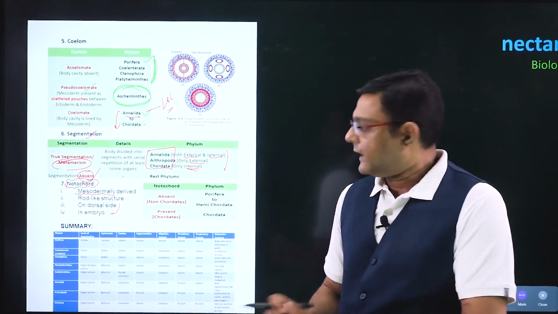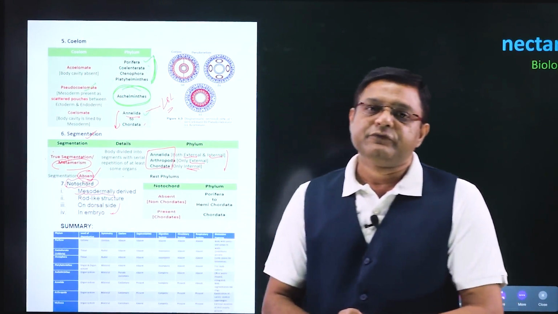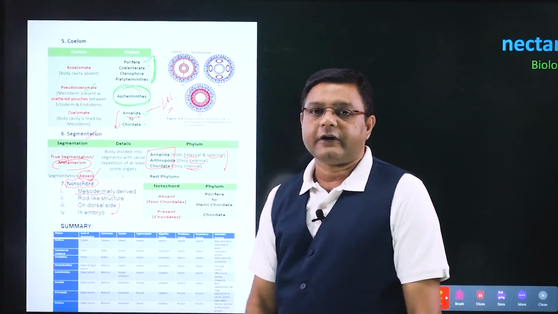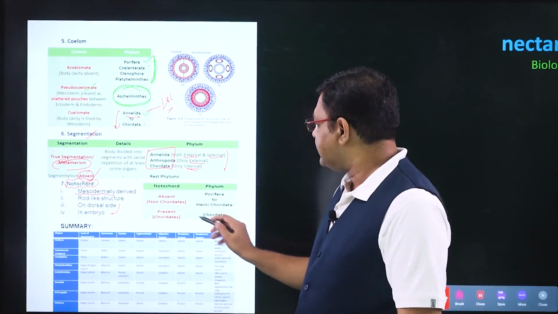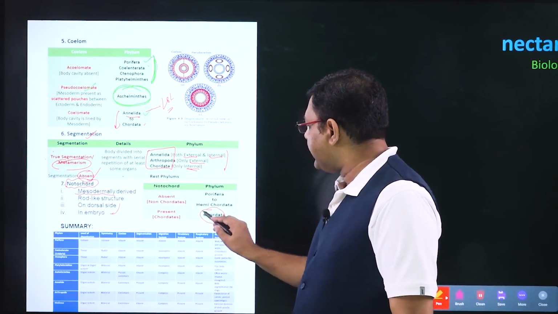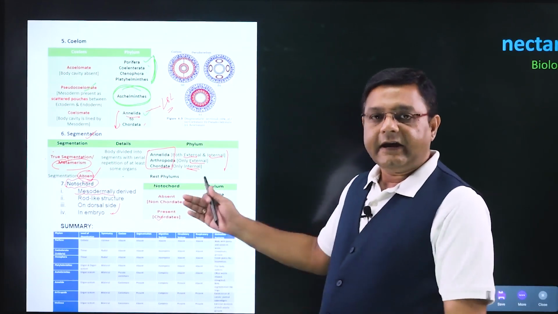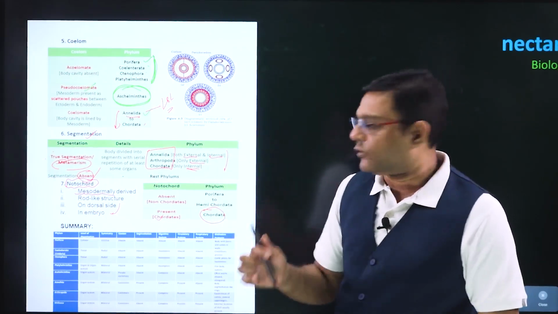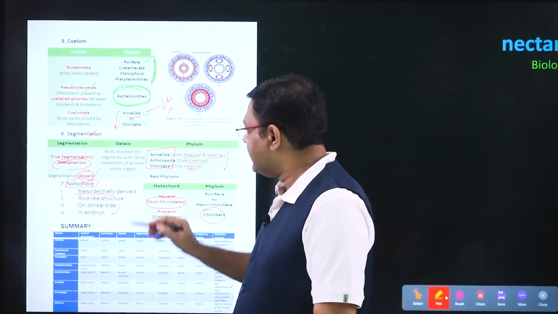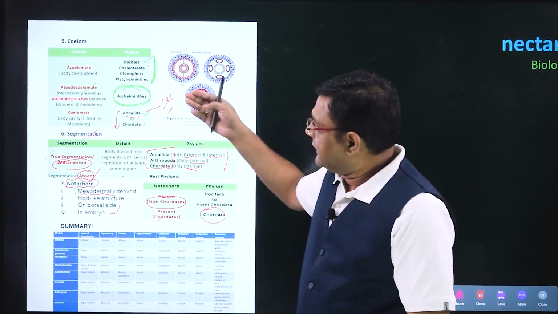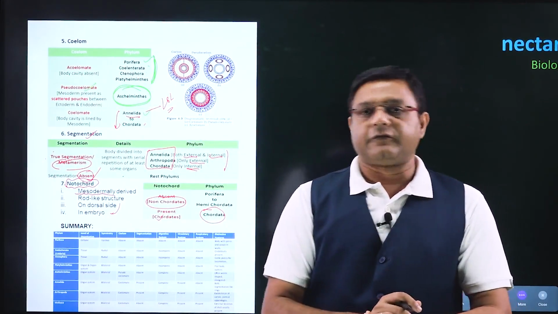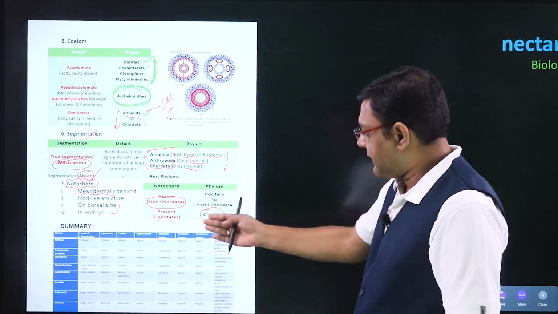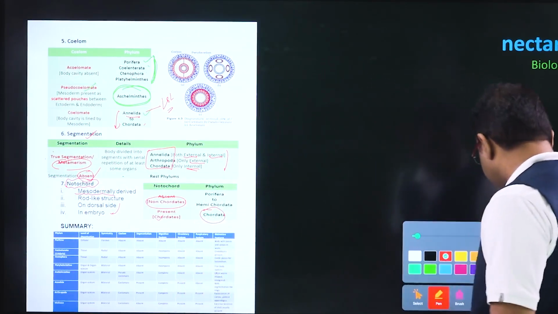Talking of the phyla in which notochord is present, there is just one phylum, phylum Chordata, in which notochord is present, and that is why we say that phylum Chordata are the chordates and all the rest of the phyla, that is starting from Porifera to Hemichordata, these will be non-chordates. So, these are all the bases of classification that we have covered. After this, let us try to summarize the condition over here.